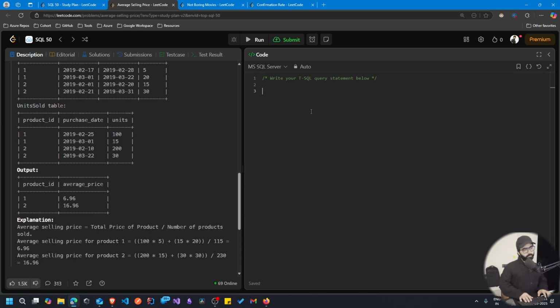Okay, so what we can do, p dot product ID and we have to use the average price, round to two decimal places and give the name as average price, and we have to